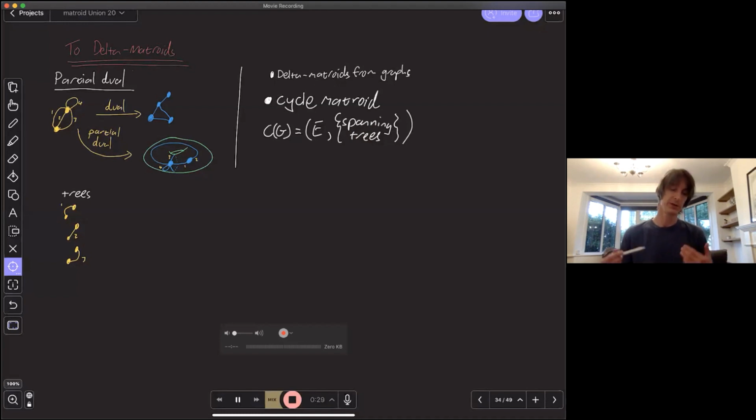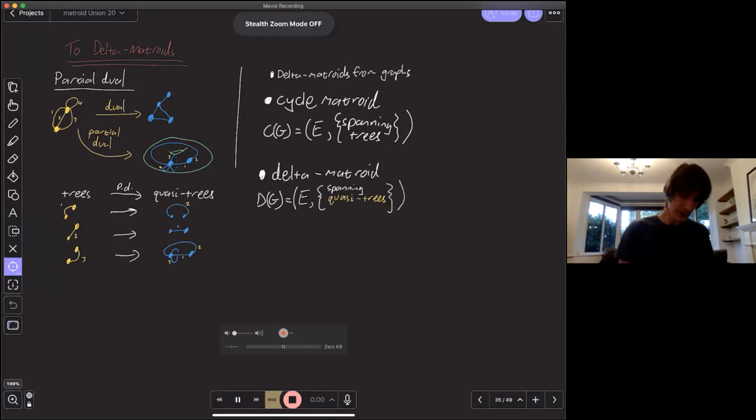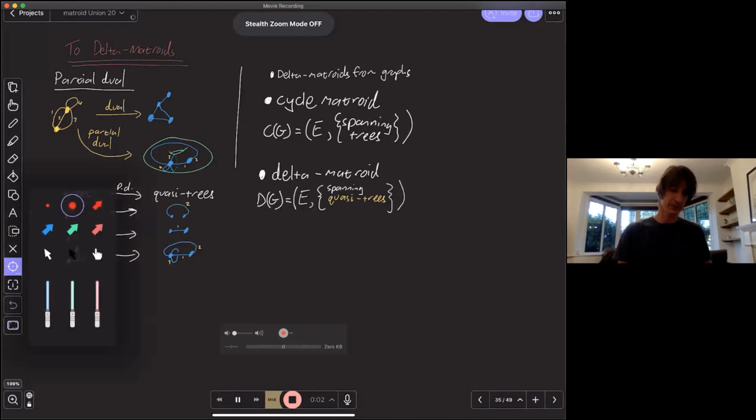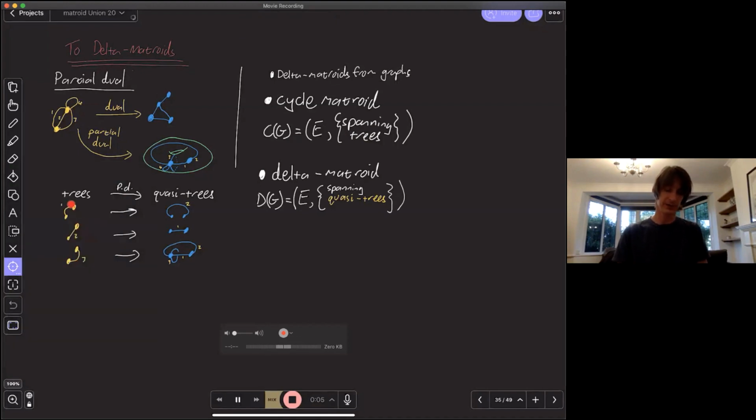So how did we move from matroids to delta-matroids? Well, I formed partial duals. I could form the partial dual of this idea, and delocalize this definition. And under this, the trees under partial duality become what are known as quasi-trees.